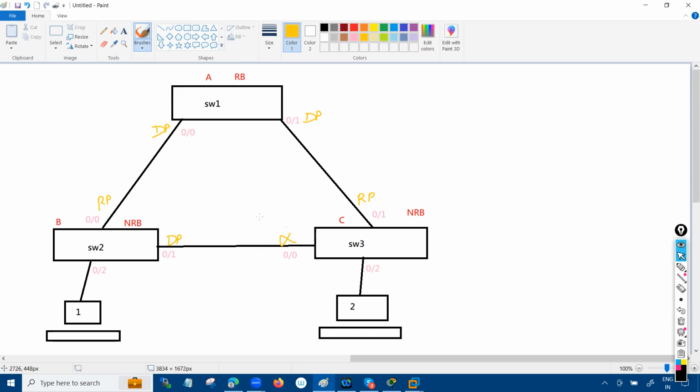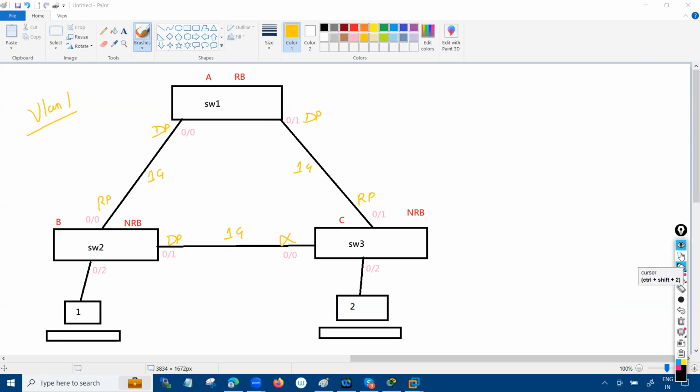Now, the problem, if you see right now, is that this is running by default with VLAN number 1. By default, VLAN number 1 is present on switch 1, switch 2, switch 3. So the problem, what happened in this case, try to understand, right? We have a 1 gig link over there, the 1 gig link over there. If the user 1 is going to send traffic to user number 2, all my traffic will go this way. Doesn't matter